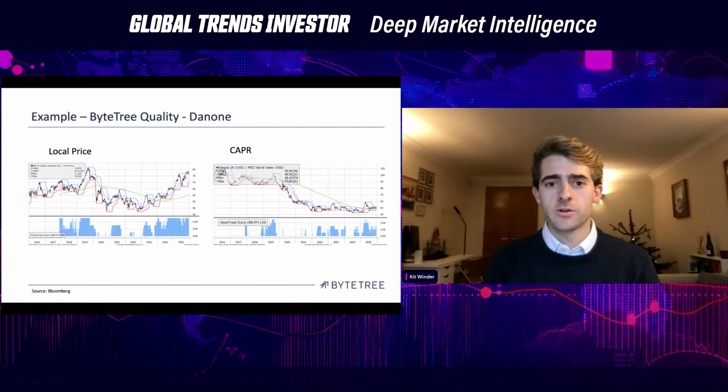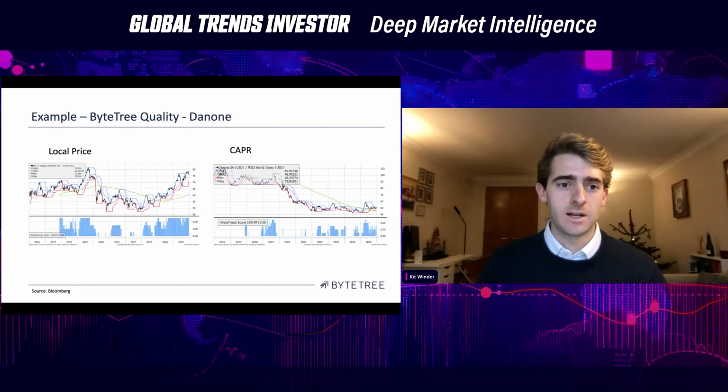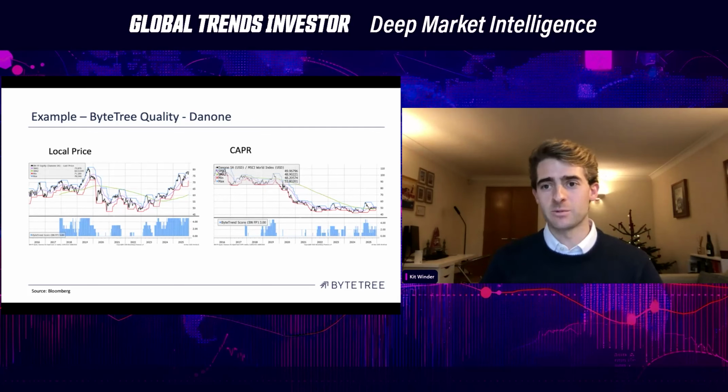Yeah, so Danone is a company that we knew and really liked. It has a phenomenal track record over many decades. It's a market leader in an industry that we see having potentially centuries of growth ahead of it. It's a staple in so many households across the world. The management team is high quality. The financial performance is excellent. We knew all of that, but it had a pretty difficult time, with the cost inflation of 2022, 23. You can see that in the local price. It was struggling, and in CAPR, the underperformance relative to the world index in dollars is also very clear.